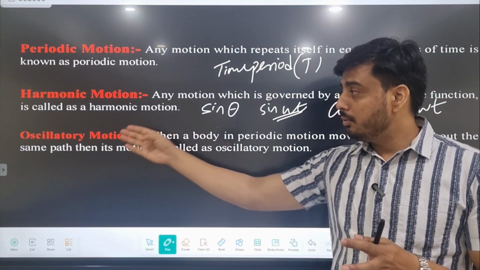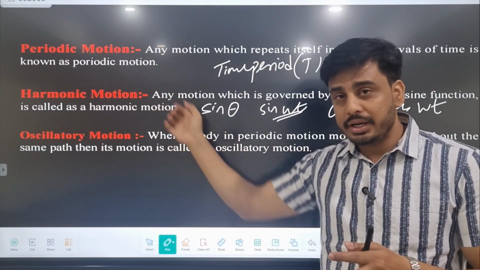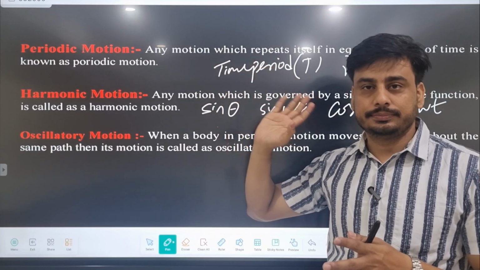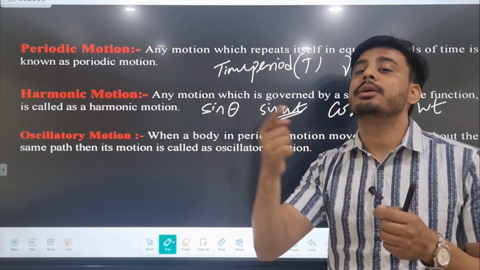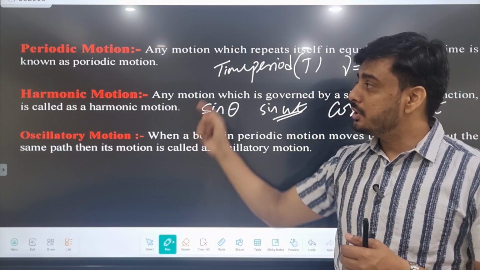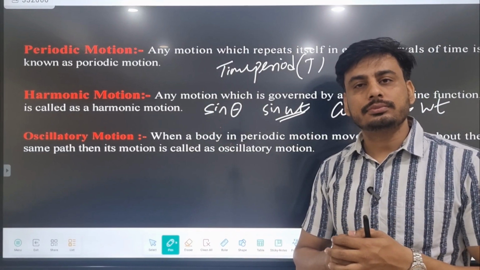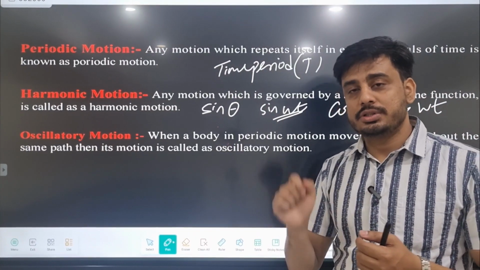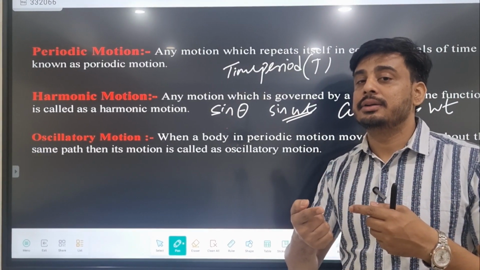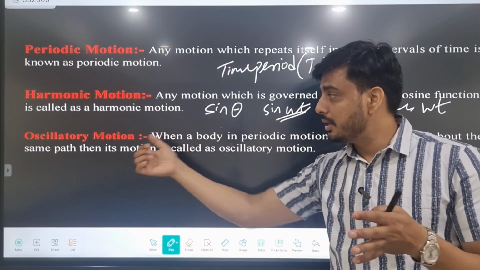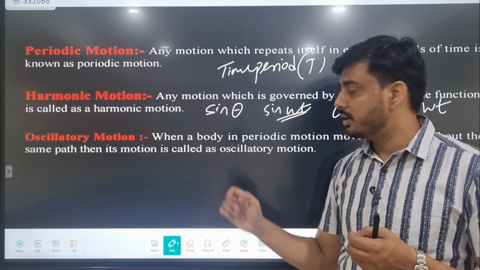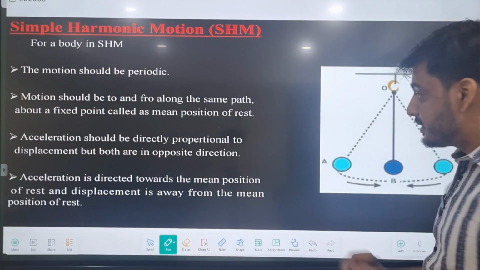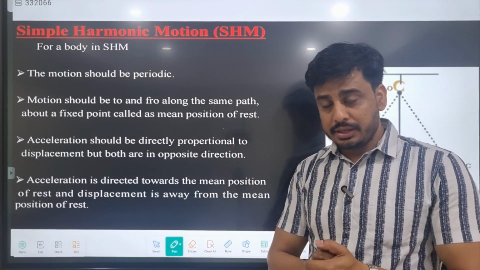Simple harmonic motion. Already you know oscillatory motion, harmonic motion, periodic motion. Then what is simple harmonic motion? In simple harmonic motion, the motion should be periodic, that means it repeats its motion in a particular interval of time. Again, the motion should be harmonic and oscillatory also. Harmonic means it can be expressed in terms of trigonometric functions, and oscillatory means to and fro motion. So in simple harmonic motion, the displacement and acceleration both are directly proportional to each other, but